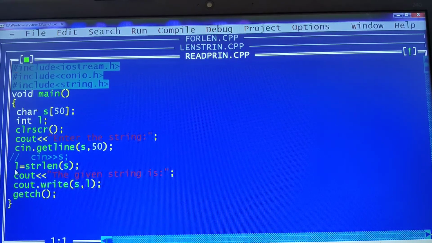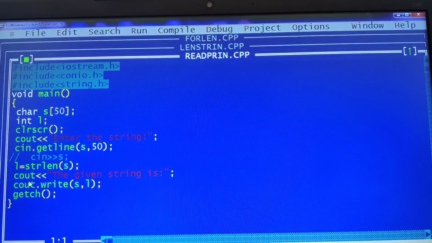To find out the length of a given string, I am using one of the built-in functions known as strlen. String length, followed by, of which string do you want to find the length? I want to find out the length of this particular given string. That is why I have passed it as a parameter here. String length of yes. Okay. So after finding the length of this given string, I am storing whatever answer is calculated in a variable known as L.